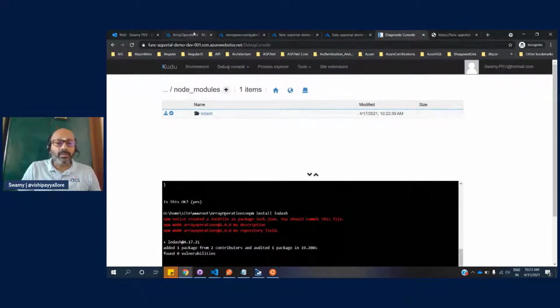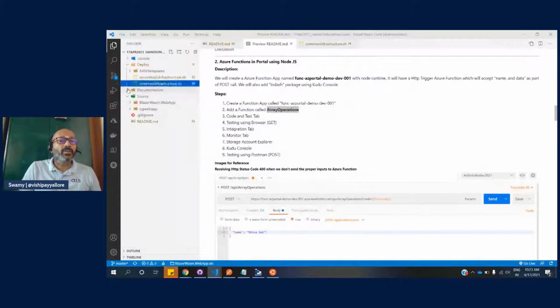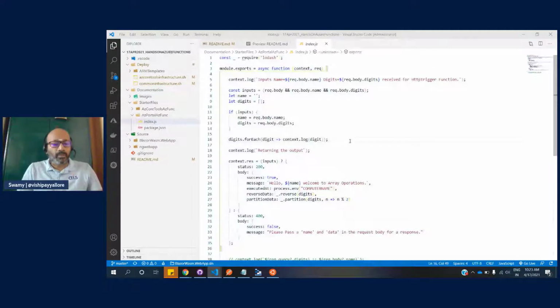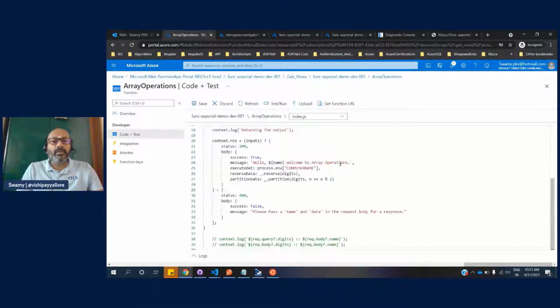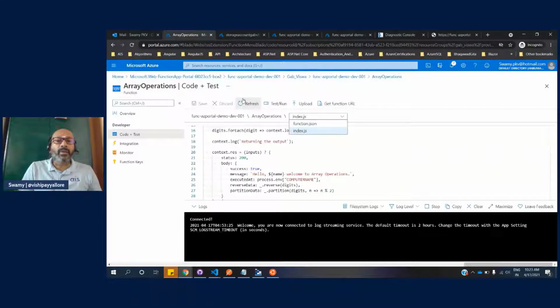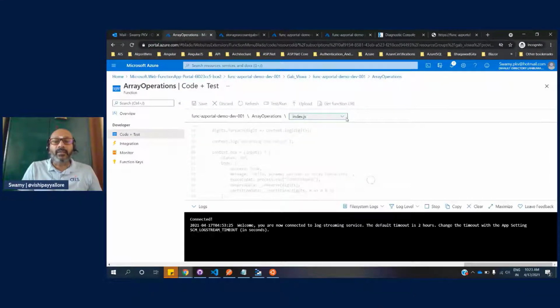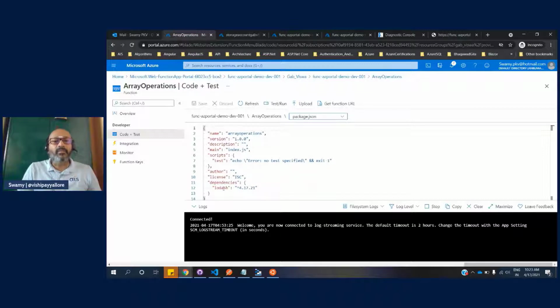So we can come back to this, and I've given the code under the documentation and the starter app. I'm going to update this one. It's just the starting point. So I will go ahead and copy this here, and I do a save, and we can come and see that we will have the package JSON too. Okay, you have the package JSON, and inside that package JSON, we have Lodash.